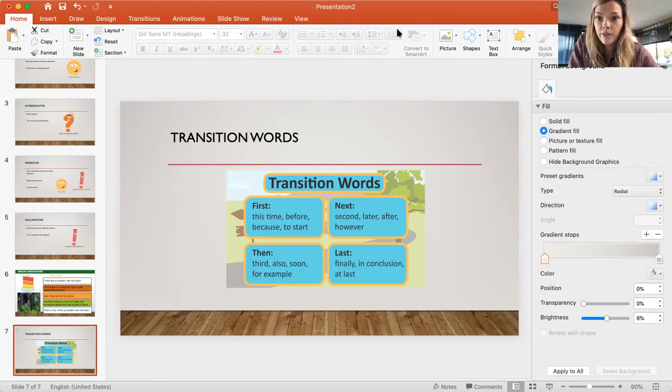So that order of events graphic organizer that I showed you is going to want you to use transition words as well. So once again, all of this is in Buzz for you and in an email that I sent, but I wanted to go over and show you some examples of things in a video.